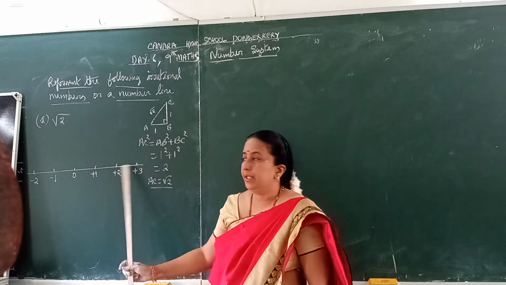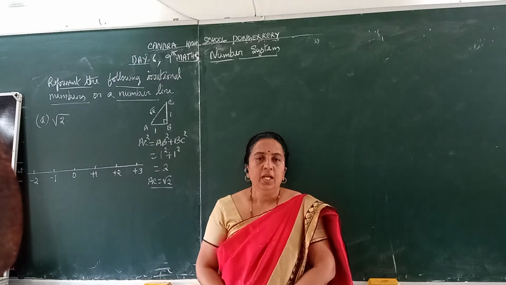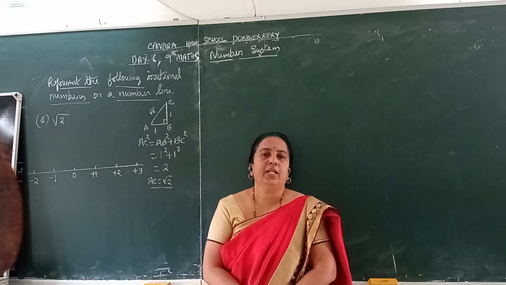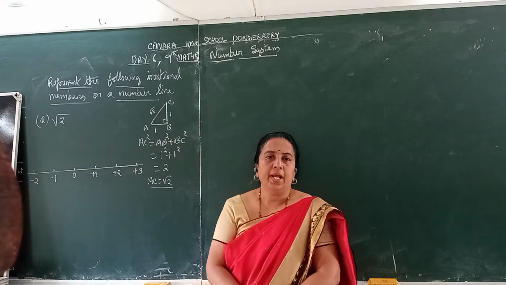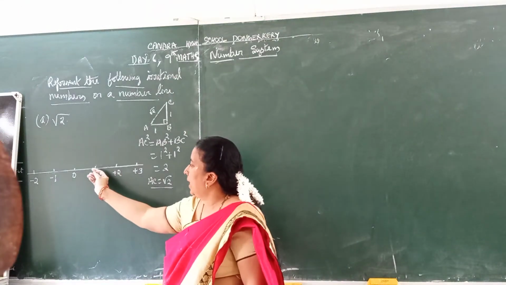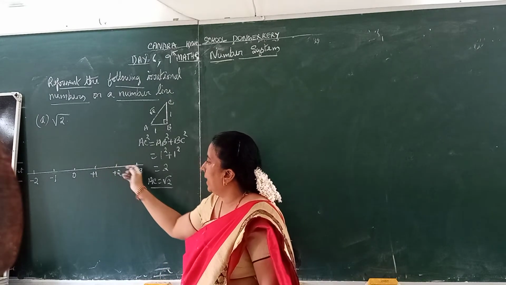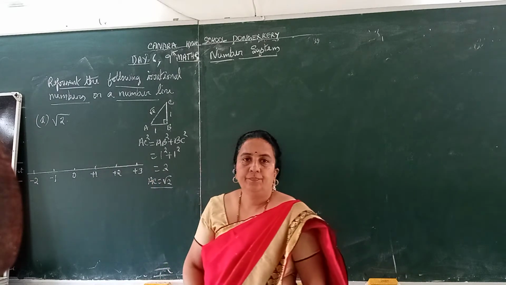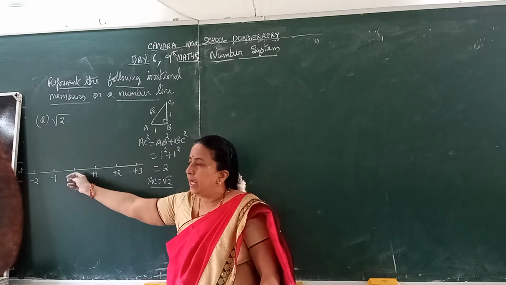Left hand side all negative numbers, right hand side all positive numbers. If I say any natural number 1, 2, 3, 1 comes exactly here, 2 exactly here, 3 here, and whole number 0 is here,